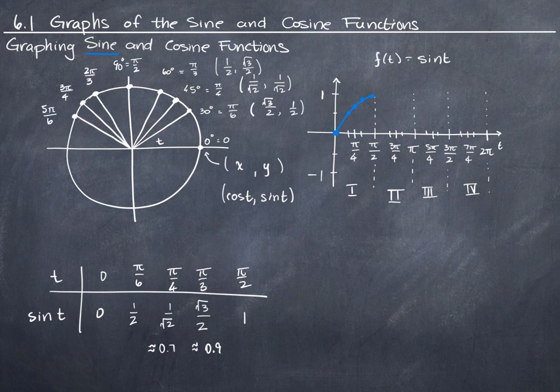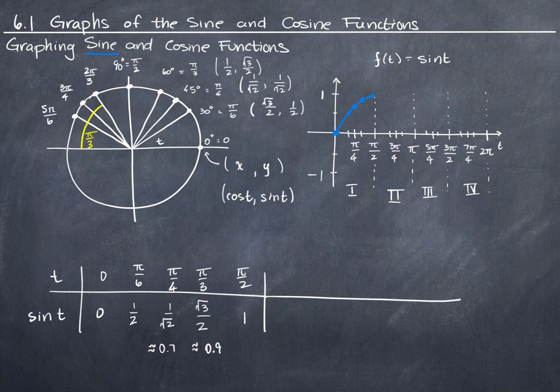Now, I'm not going to graph this whole function because we're going to run out of time. We really already have run out of time, and I still need to at least address the cosine function. So far, we're just dealing with sine. So what we need to do here is recognize what our reference angles are. For example, the reference angle for 2 pi over 3 is pi over 3. So when I add to my chart, which I'll do right now,